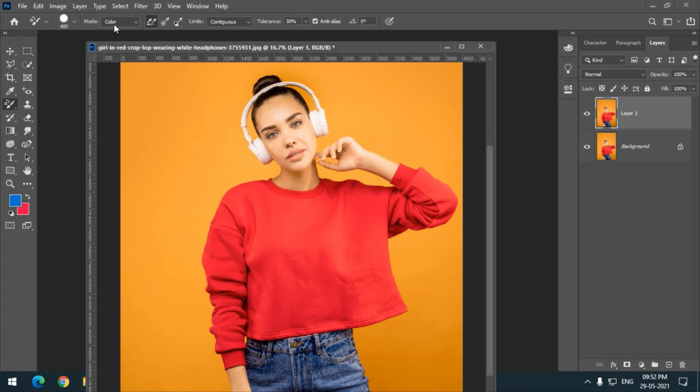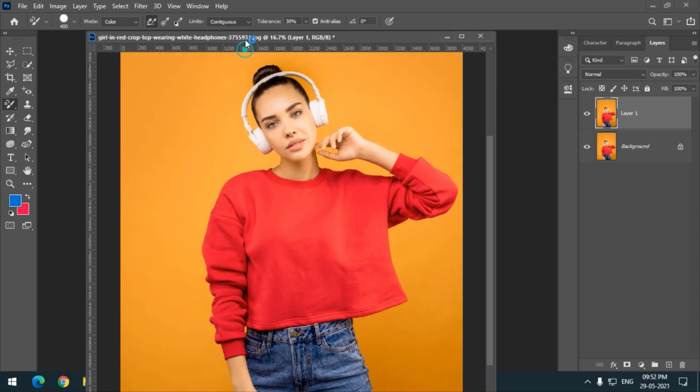In the mode option, select color instead of selecting other options, because the other options will give a very different effect. We choose color because we want the color to be changed, as well as the shade to be changed along with the color. So keep the mode to color, then select this first option, which is sampling continuous, so that it will sample continuously as we draw our brush over this shirt or whatever area you want.